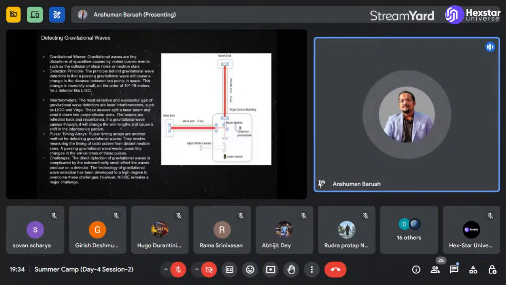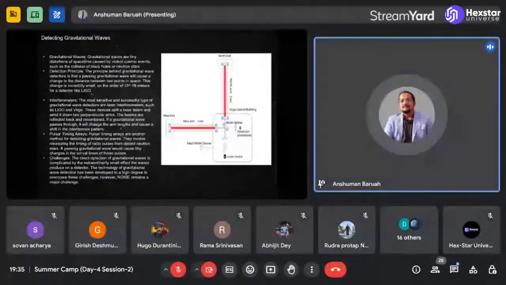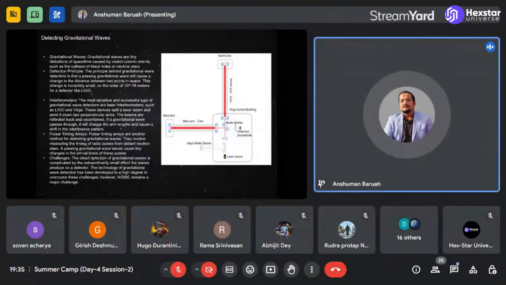You have a laser source that emits laser light, and an optical device called a beam splitter, which splits this laser wave into two components. One component is sent in one direction, the other in another direction, and there are reflecting mirrors at both ends that reflect this light, which is in the end detected by a detector. The specific type of detector that we use is photodiodes.